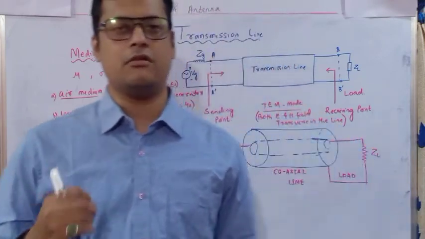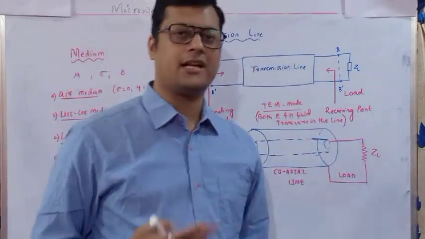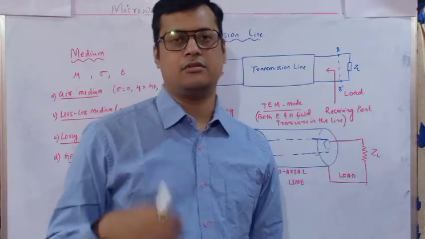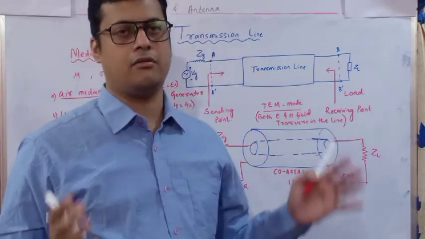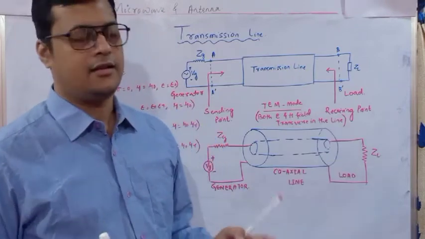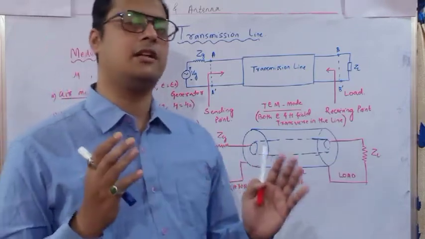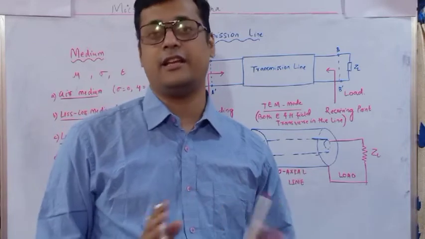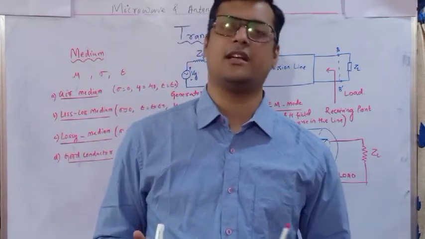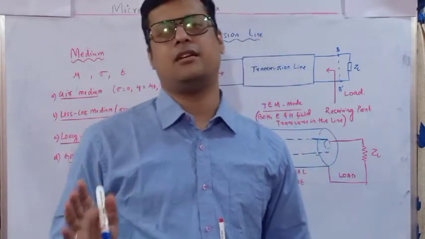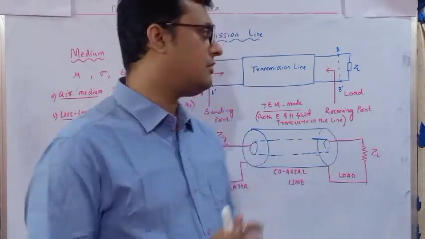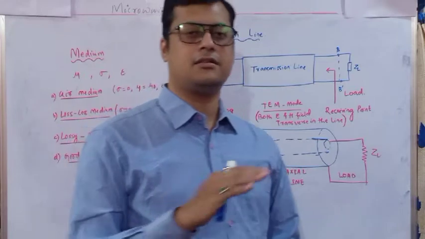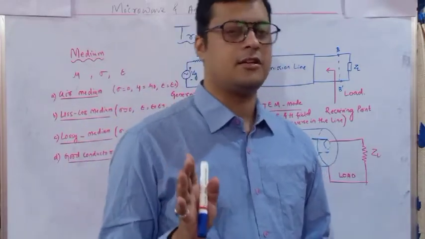Similarly, if you are going to transmit the maximum potential, in terms of 440 volt or 1500 watt or that sort of power, your transmission line is going to deliver only the potential, not any sort of information. No communication can be done because the frequency component is going to be very less in that case. So in today's class we will discuss all these features of the transmission line.